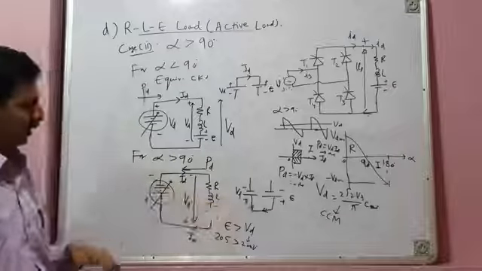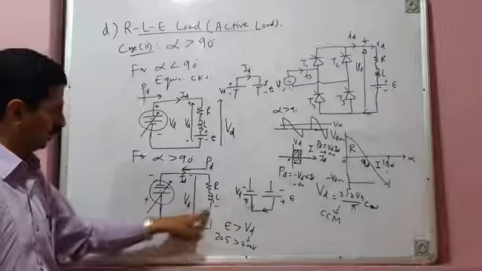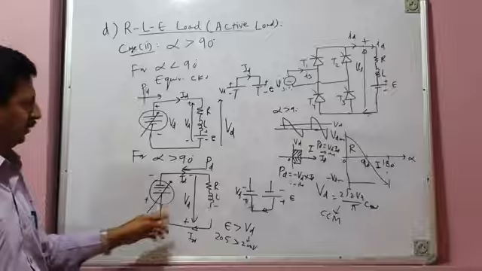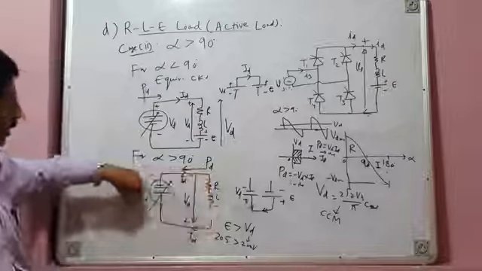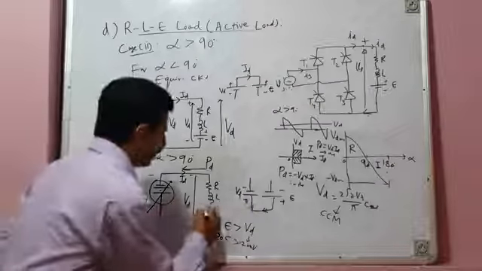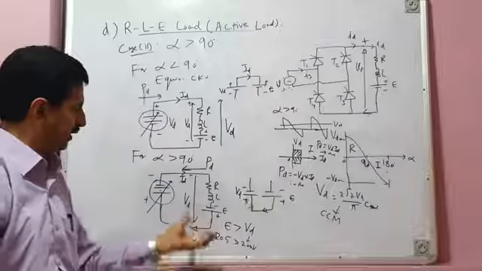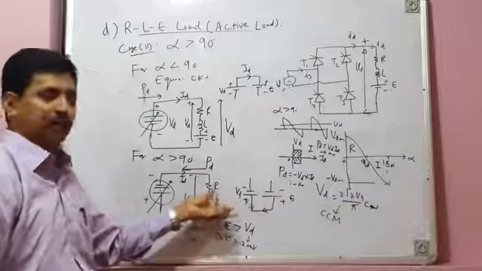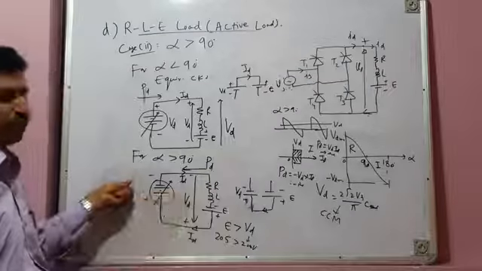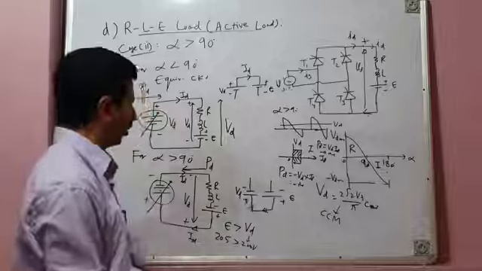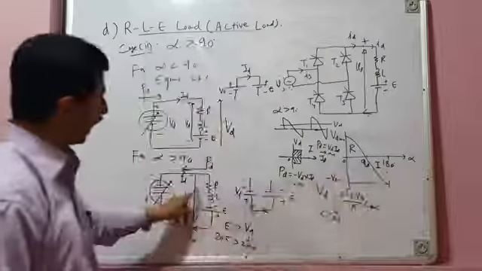if this E was not there, E would not have been there, was it possible for current to flow? Since there was no source of energy, no energy would have been injected from DC side to AC side. Now it is only because of this source of energy, E, the load has its own source of energy, and it is this energy source, the load's own energy, which makes power or energy flow from load to source. So therefore, inversion mode of operation is possible only for active load, RLE load.